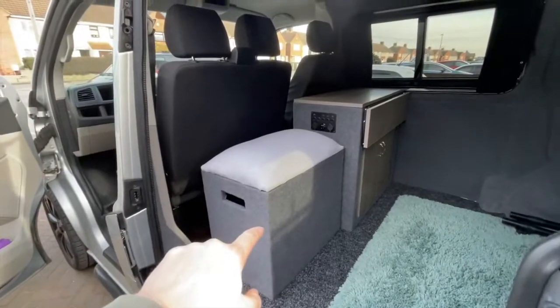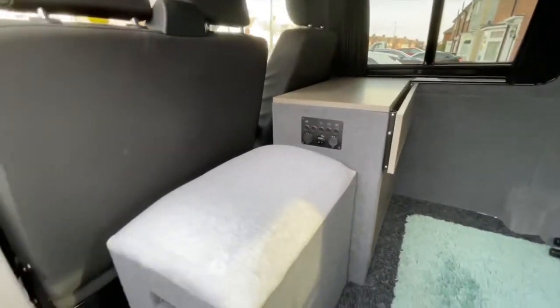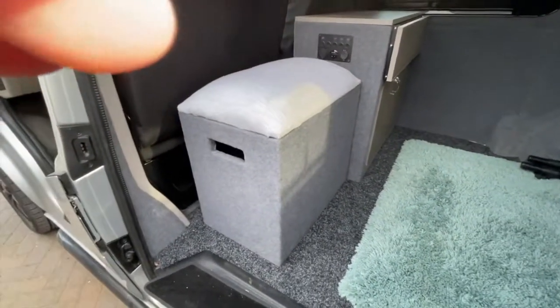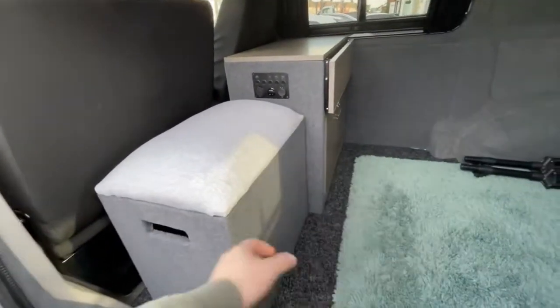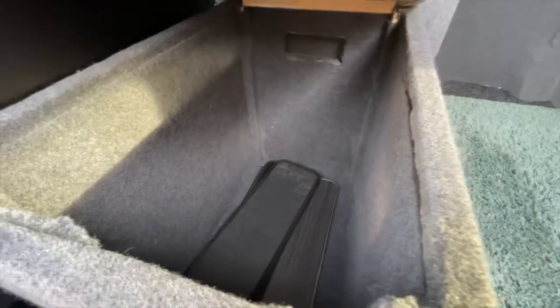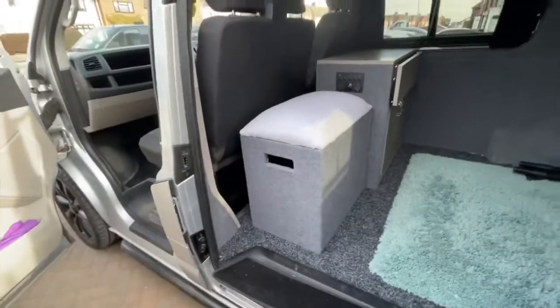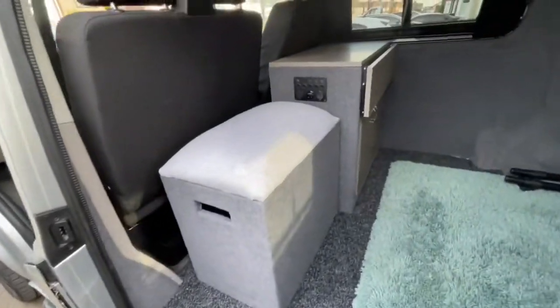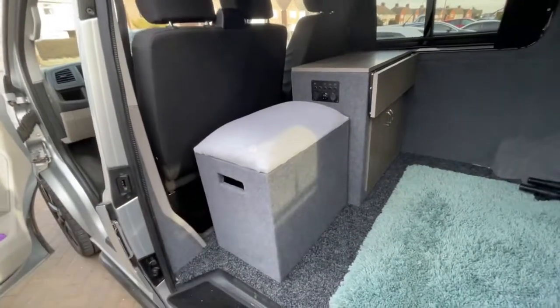I have made this as well out of the same MDF sheet that I made the pod out of. Just put a cushion on top, stapled it, carpeted it in the same stuff. It is just a storage box. You ain't got to do one of them. I just had some wood left over, a little bit of time, thought I'd use it. It can stay in the van, it can come out the van, it can...